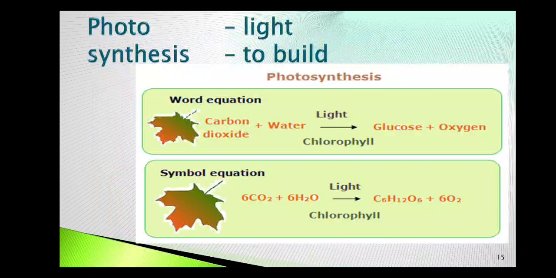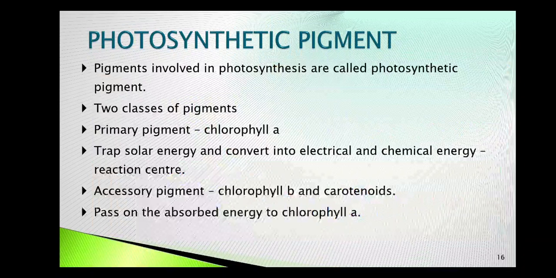So it is assimilated from the atmosphere through leaves containing small pores called stomata. Chlorophyll is the green pigment of the chloroplast, which is an organelle of the cell or leaf. And this is the equation given. The equation is given as both a word equation as well as the symbolic representation of photosynthesis. Now we'll see the photosynthetic pigments.